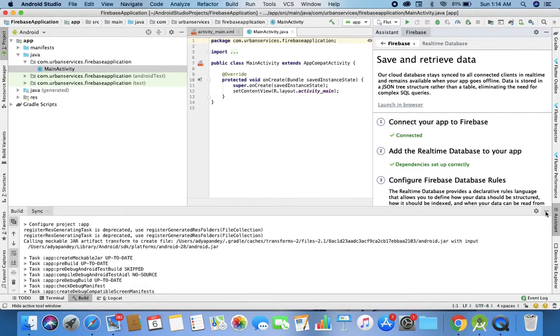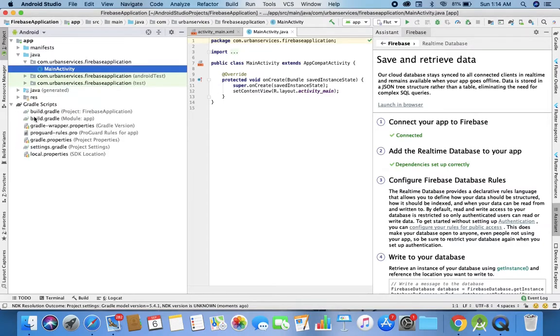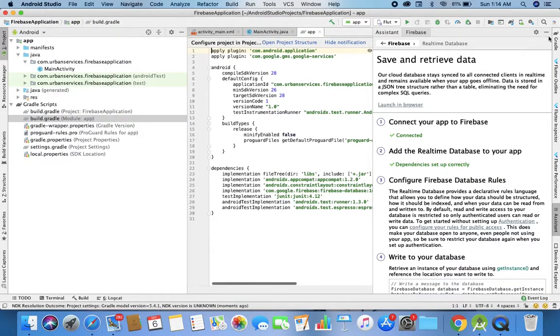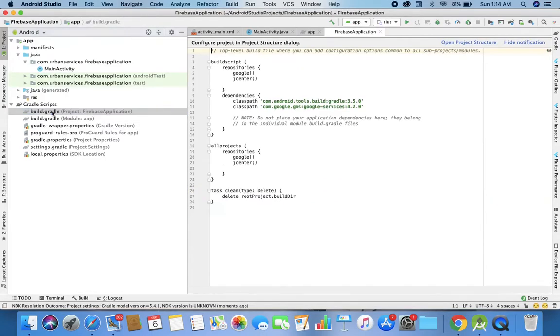Now, remember my application name is Firebase application, so I go into this build Gradle, and let me remove this. Okay, you see this Firebase database 16.0.4 is already added, and then you go to the build Gradle project file, and then here you see